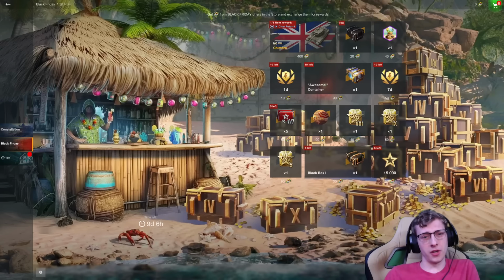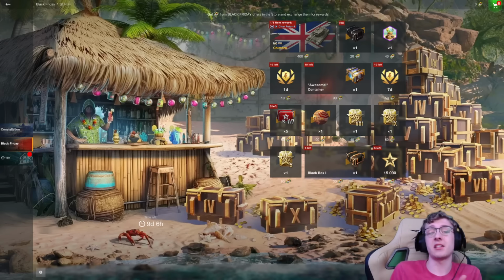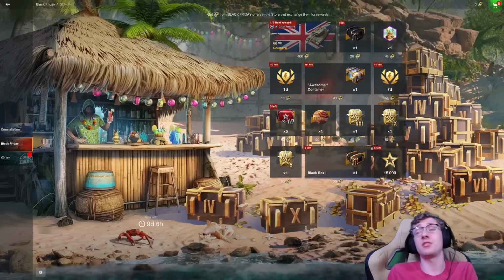Black Friday is here in the world of Tanks Blitz. A lot of you probably saw my review on the WZ-114 SP2 earlier today, and let's be real, the majority of you aren't going to be getting your hands on this tank, at least for the first release. Maybe later, when Wargaming decides to put it in crates, more of you will get it, but as of right now, the $200 price tag that you're going to have to spend to get to the vehicle is a little